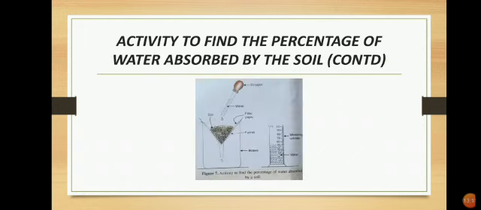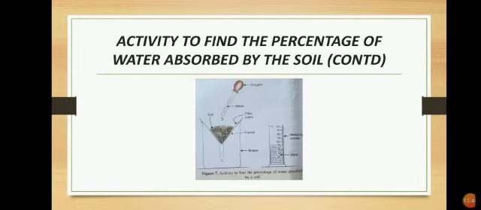Here you can see, as I said, that first you have to take a filter paper, fold it and place it in the funnel, and then keep that funnel onto a beaker. Here you can see the setup. Then the m gram of soil that you have taken, you see this soil is kept over here. At the side you see the measuring cylinder, the initial volume of water was taken. Then with the help of a dropper, you see we are pouring the water uniformly.